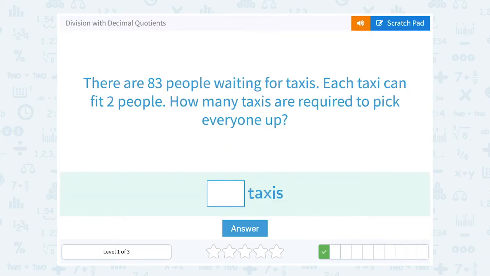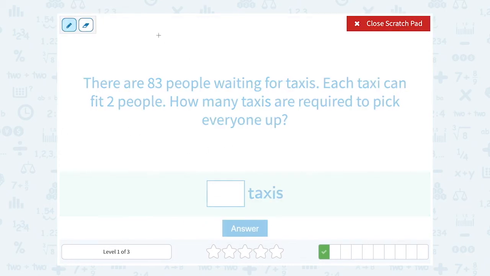There are 83 people waiting for taxis. Each taxi can fit 2 people. How many taxis are required to pick everybody up? Okay, well, the people waiting was 83, divided by how many people we can fit in each taxi, which is 2. And this is not going to divide evenly, right? 83 is not an even number. So what we can do to get our decimal answer